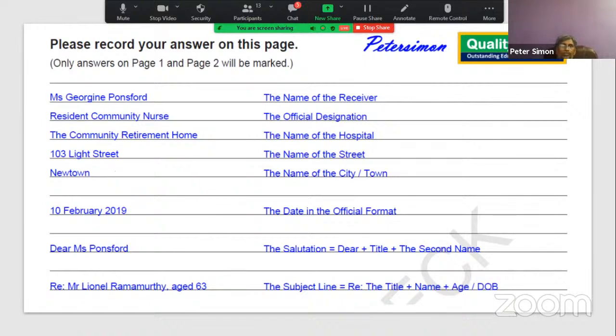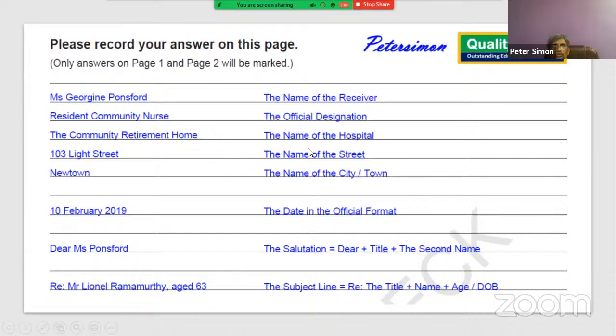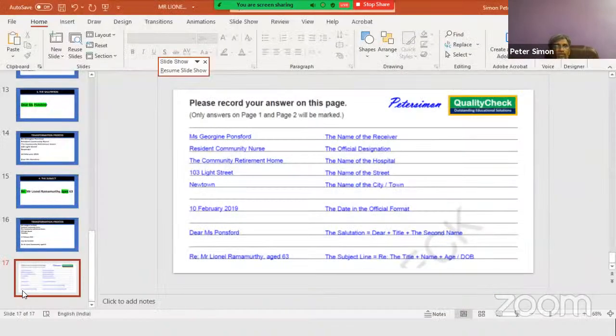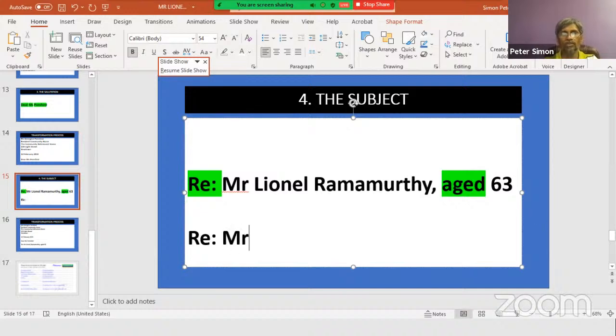So better to follow this style and don't miss it. Next, we are going to see how we can present the date of birth, if we use it. I'm going to explain it. If the date of birth is written, then how do you have to write? You have to say "Regarding:" colon, space, Mr. Lionel Ramamurthy,